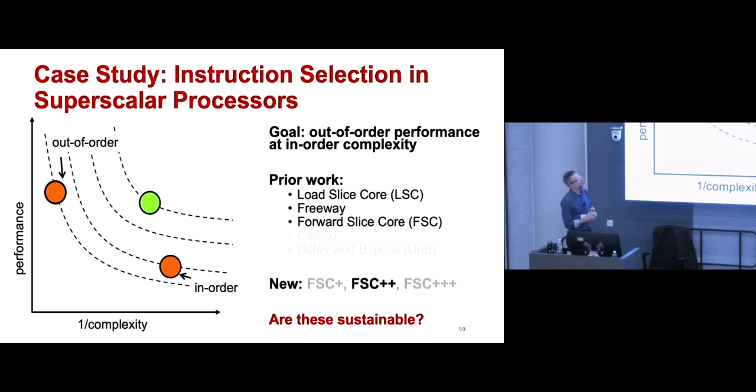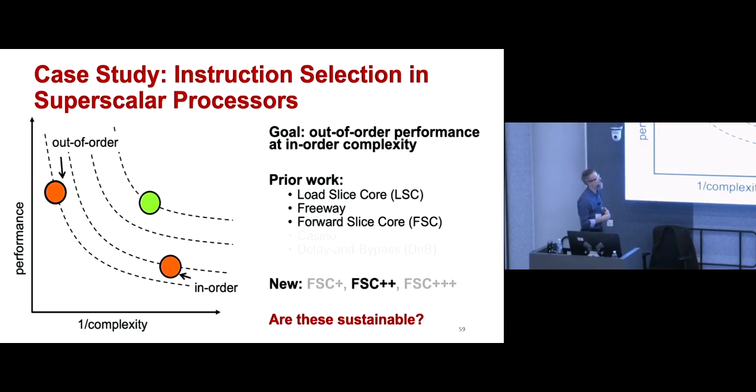And we've been taking a traditional computer architecture design problem, which is to come up with instruction selection logic. And for those of you not so familiar with computer architectures, you basically have two extremes in CPU core microarchitectures. On the one hand side, you have out-of-order cores, high performance, but also very complex and very high power consuming, versus in-order cores, much lower complexity, but also much less performance. Ideally, you want to have something that approaches the out-of-order core in terms of performance and the complexity of an in-order core.